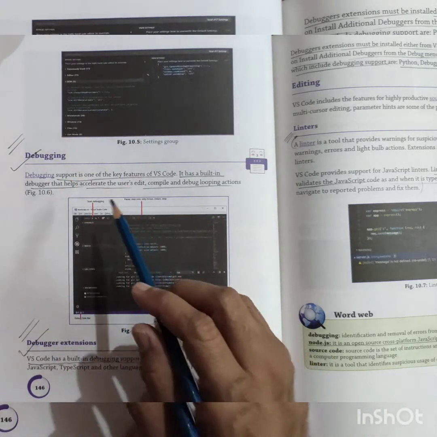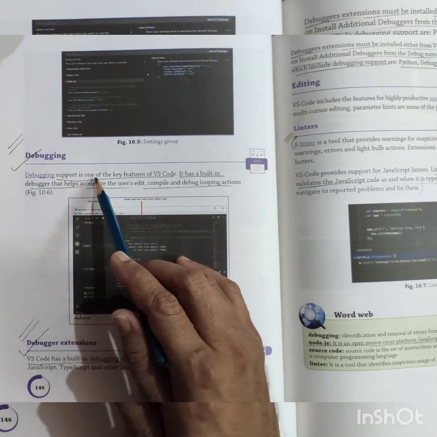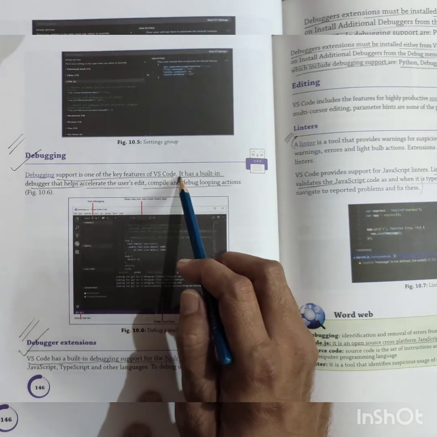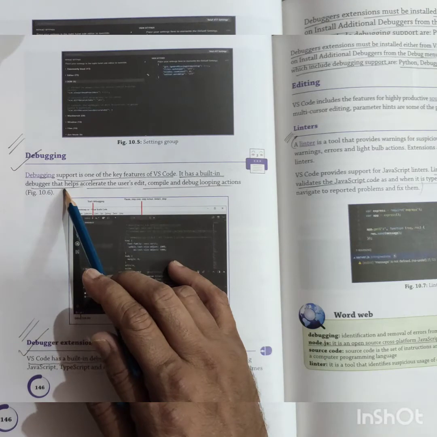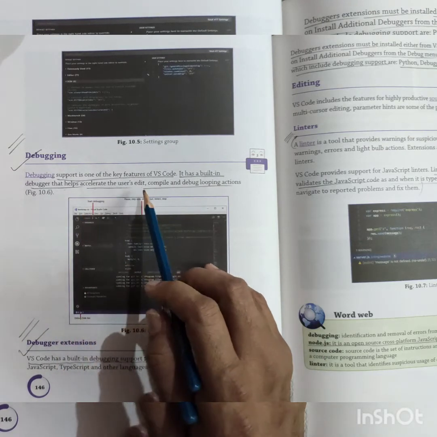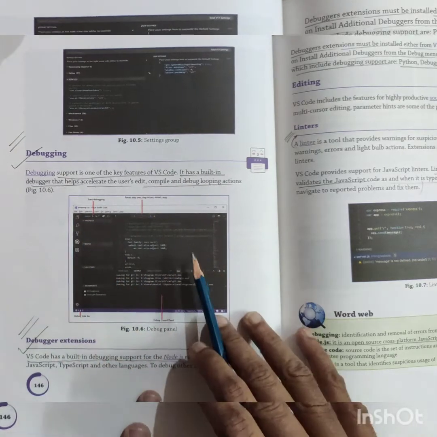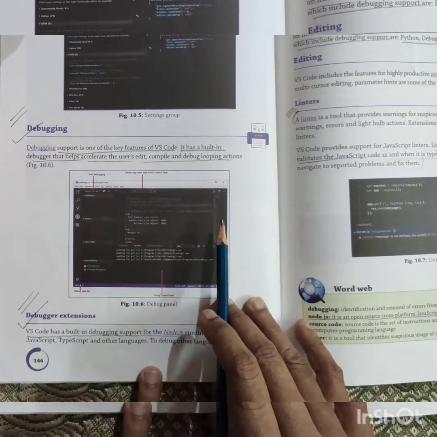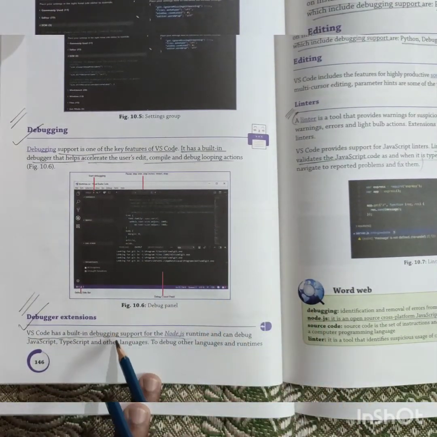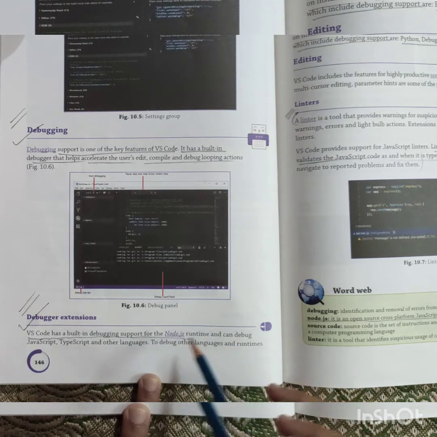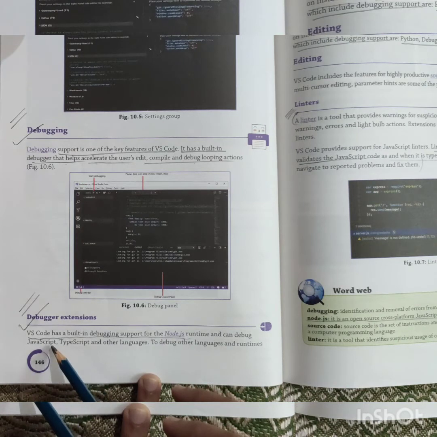Debugging means to make it bug free. Debugging support is one of the key features of VS Code. It has a built-in debugger that helps accelerate the user's edit, compile, debug looping action. This is the picture, the debugging panel. In the debugging panel we have extensions. Debugging supports the Node.js runtime and can debug JavaScript, the scripting language,